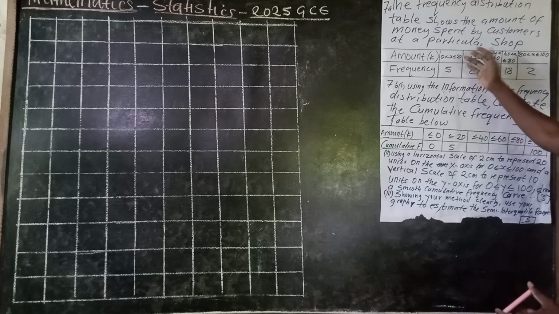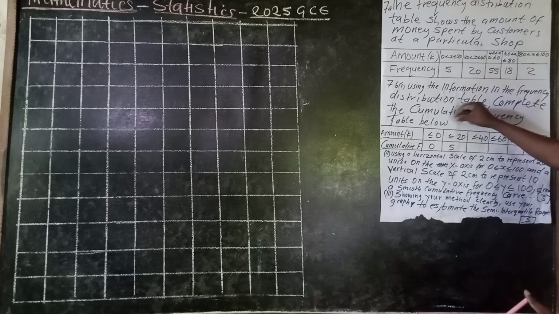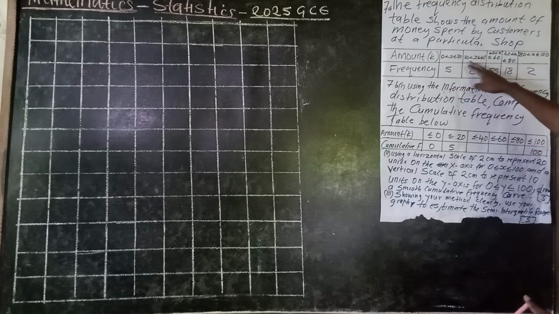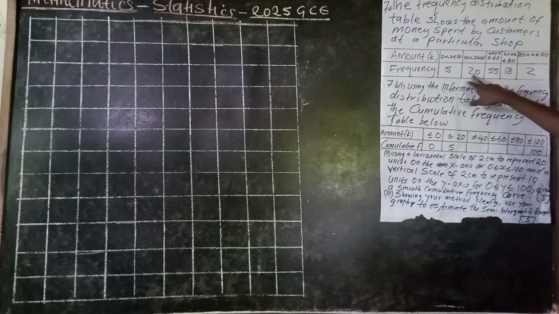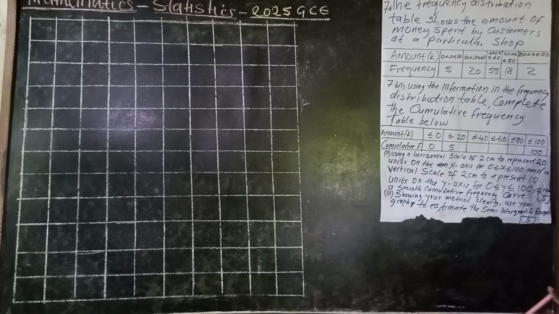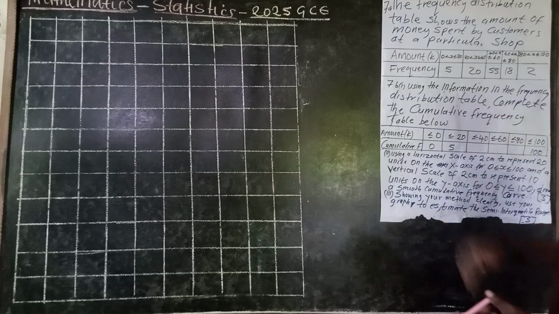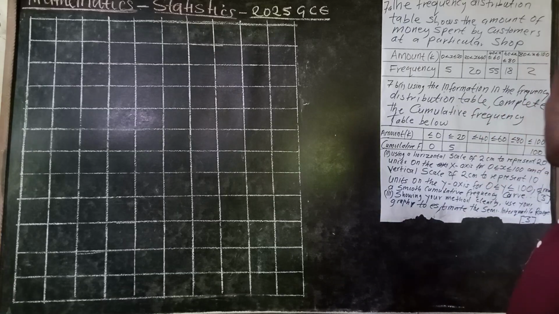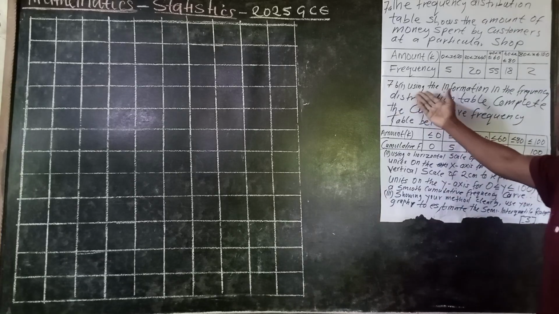So 0 to 20 kwacha, 5 people spent that. Then 20 to 40 kwacha, 20 people spent that amount. Then 40 to 60 kwacha, 55 people. 60 to 80, 18 people. 80 to 100 kwacha, only 2 people spent that. That's what it means. So now we can quickly go to the real question where they are saying using the